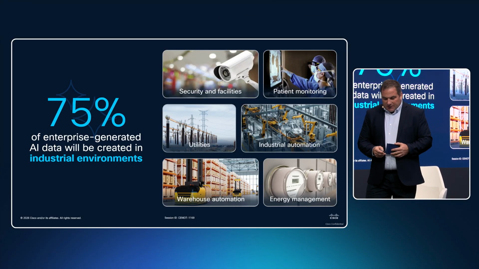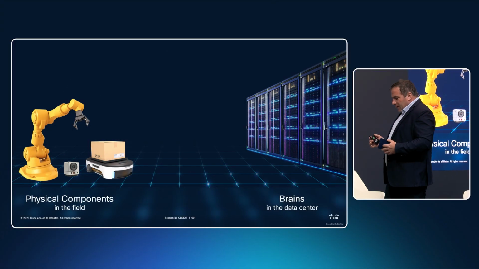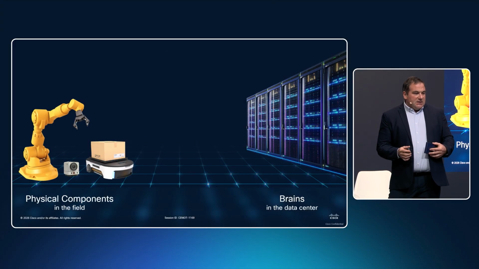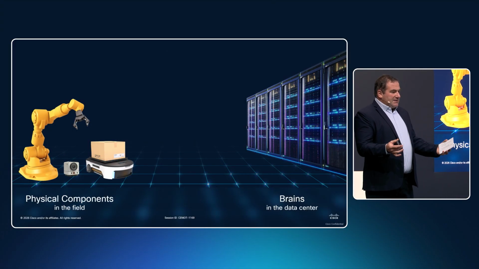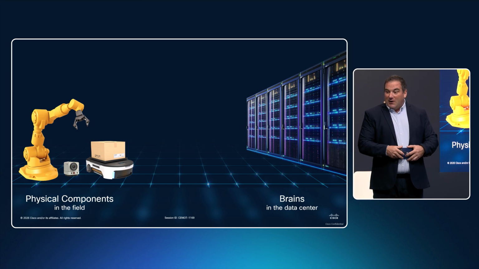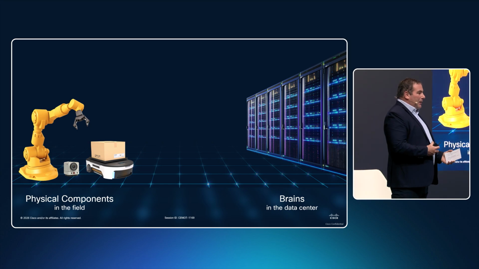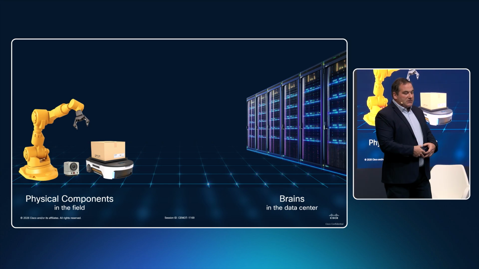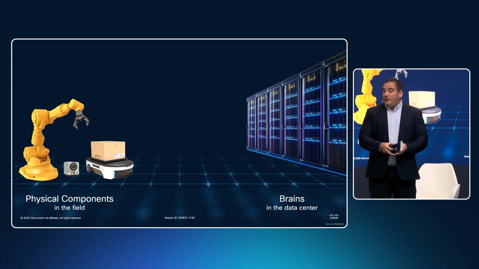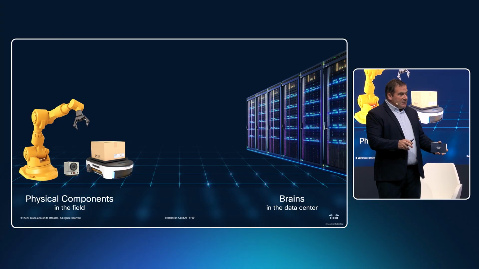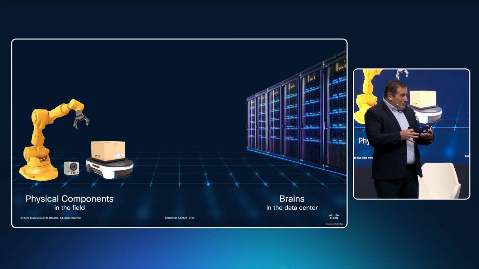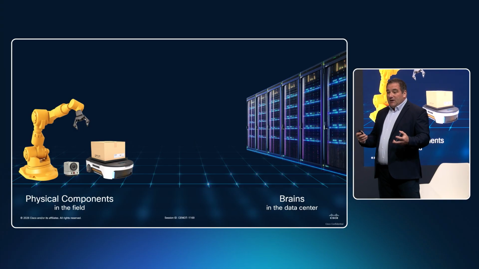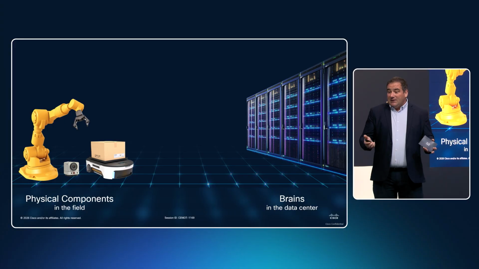So let's get started. Our view, long term, is you will have the physical asset. When we talk about physical AI, you will have the robots, you will have the things that are moving, the AGVs, the AMR, those kind of things that are going to be available in your industrial settings. But the brain is going to need more power than what you have in those machines. So we think the brain is going to be in your local data center, and in the 2